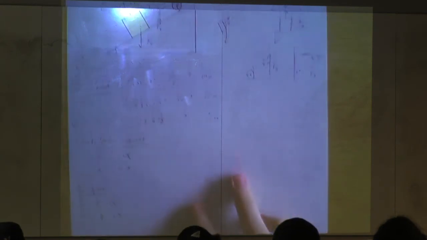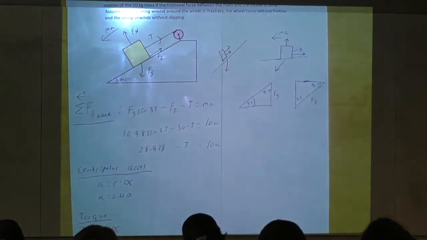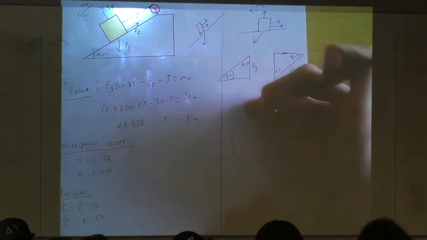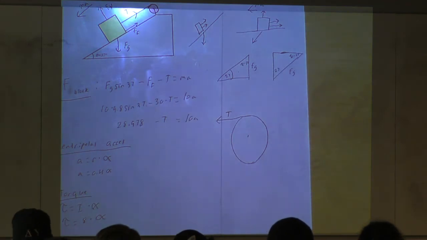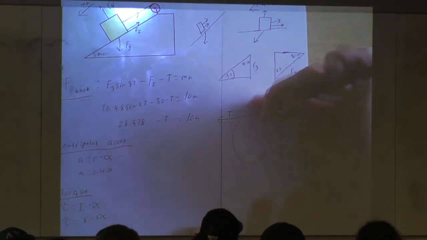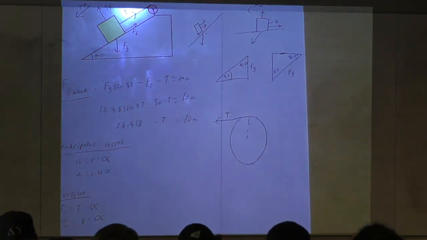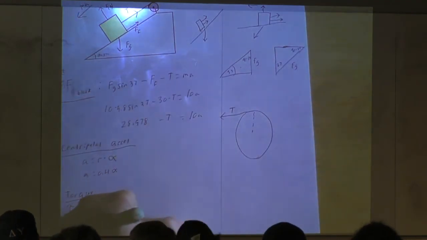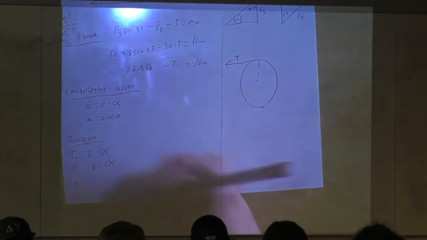Well, if I go up here really fast, this force is pulling on that wheel and causing it to rotate. So if I draw the wheel down here, there's some force, there's tension going off like that, pulling the wheel, right? Well, we know torque is our radius times the force that's exerting on it, what's the word I'm looking for here? I have a brain fart, perpendicular to it. So you know that our torque, our tension times our radius, has to then be equal to,